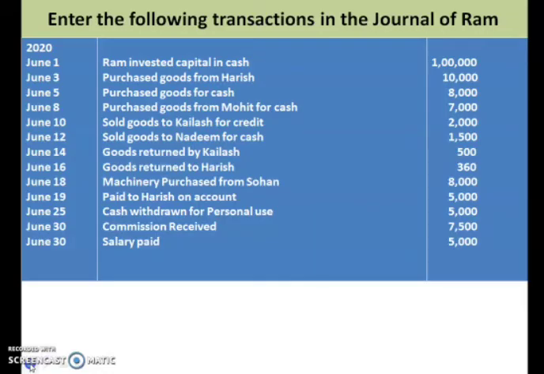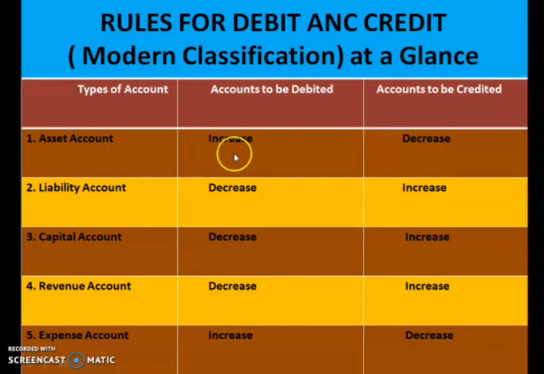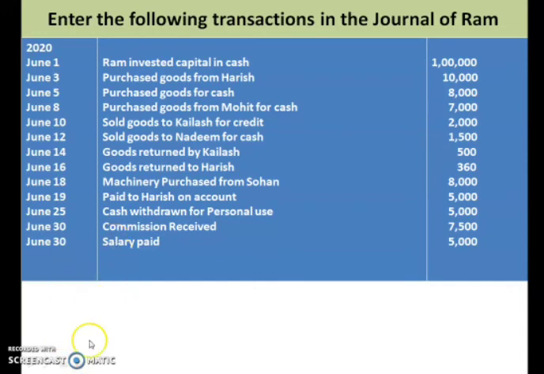Okay, so cash is an asset. If it goes down, decreases, then we have to credit it. Decrease of cash means crediting it, and drawing is an item which decreases our capital. Because it is decreasing our capital, it will be debited. So children, drawing will be debited. Next one is June 30.